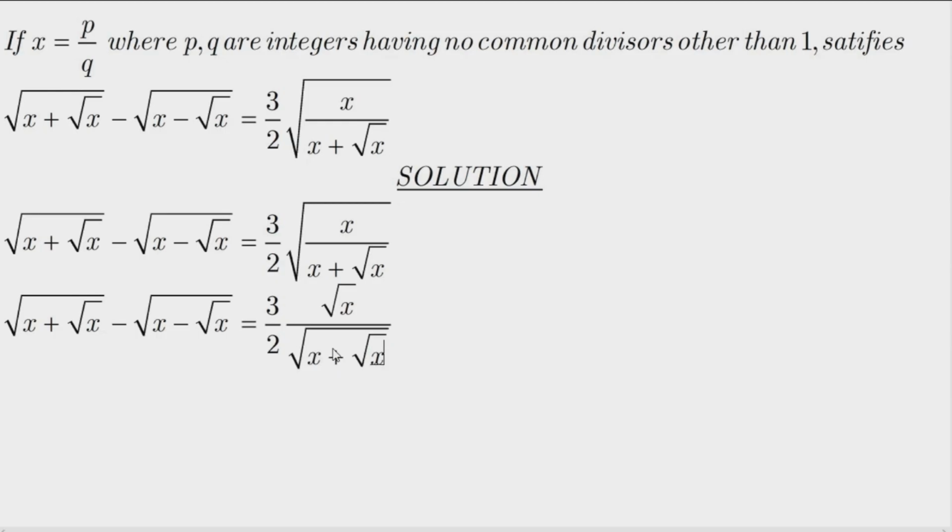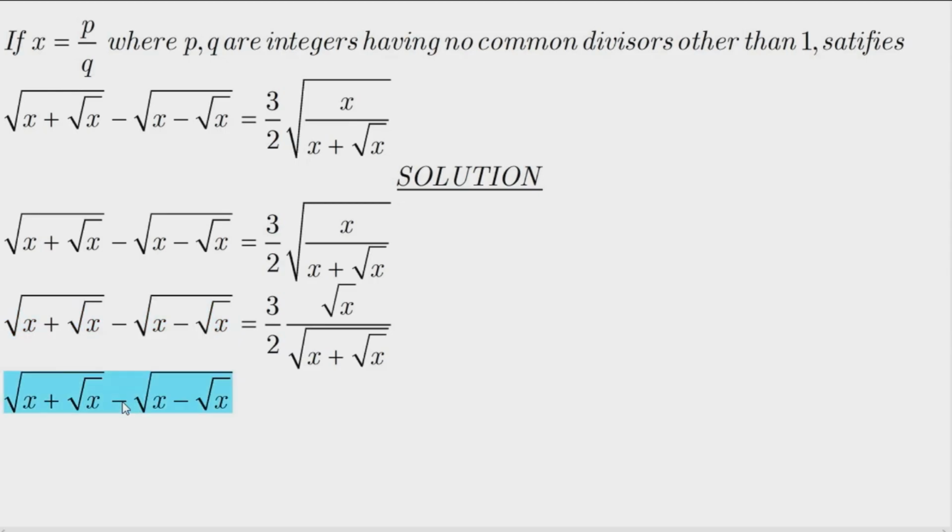Okay, now we're going to clear the denominators of these equations. That means square root of x plus square root of x is going to be multiplied with the left hand side of these equations. So then we will get